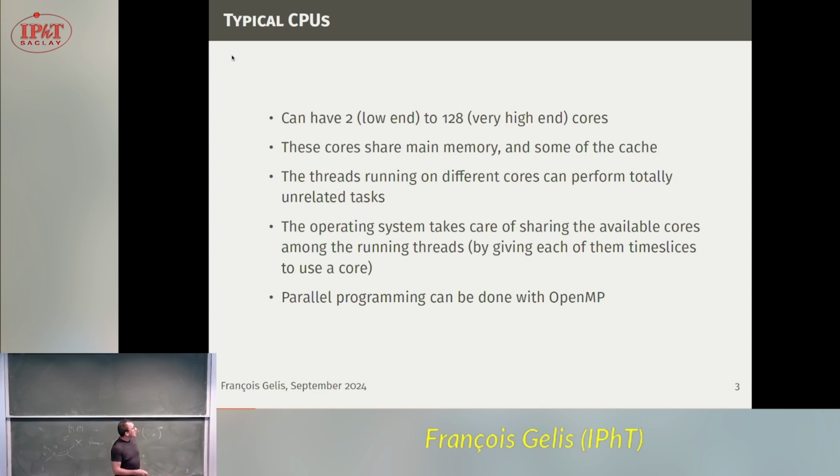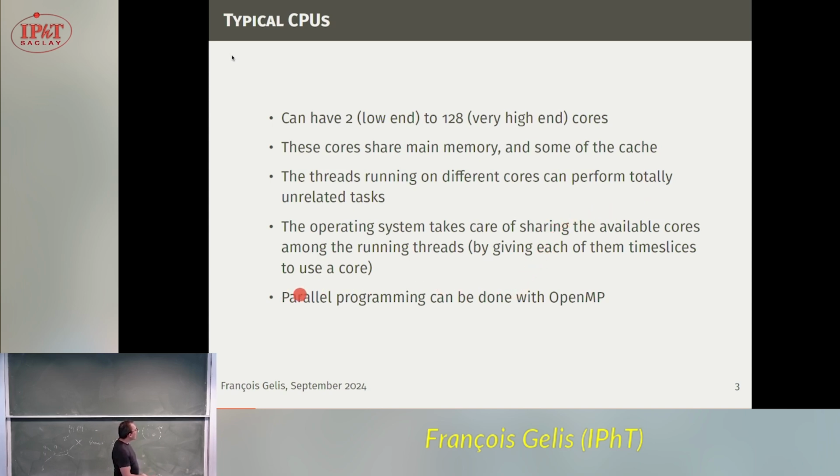And this logic circuitry is such that it can run arbitrarily different tasks on different threads. And then how this computing power is shared among the processes is handled by the operating system, which knows which processes need to run, and it hands a certain time slice of a given core or a few cores to one particular